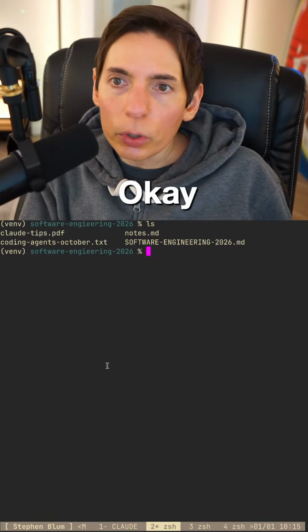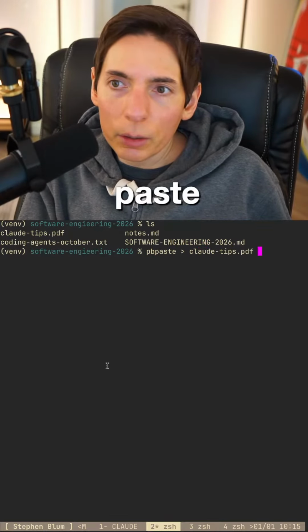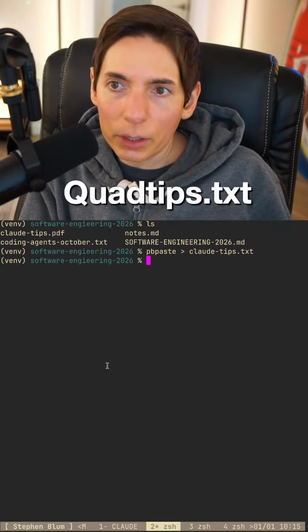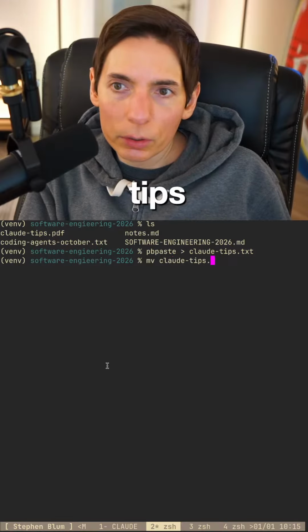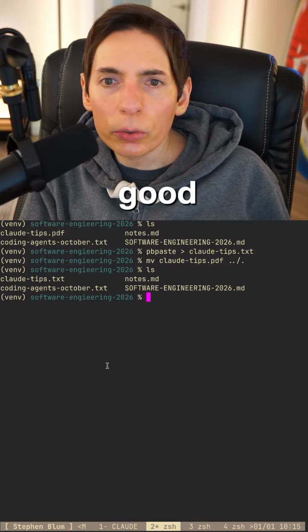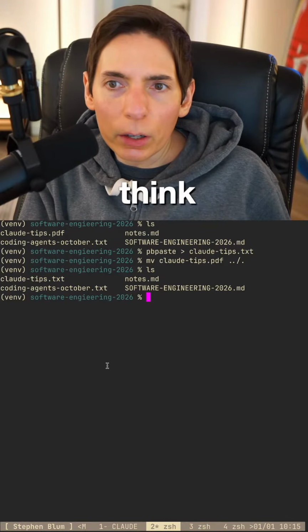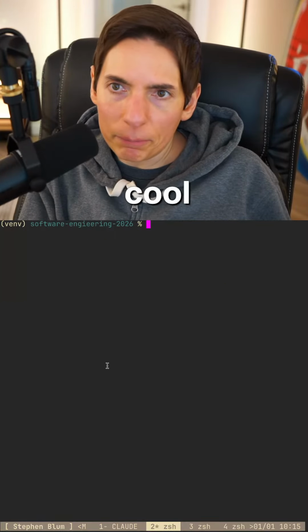This will go pbpaste into claudetips.txt. And then we'll say mv claude tips PDF to outside the directory, because we don't need it right now. Okay, looking good. Notes, okay. I think we got all the notes ready. Coding agents, October, cool.